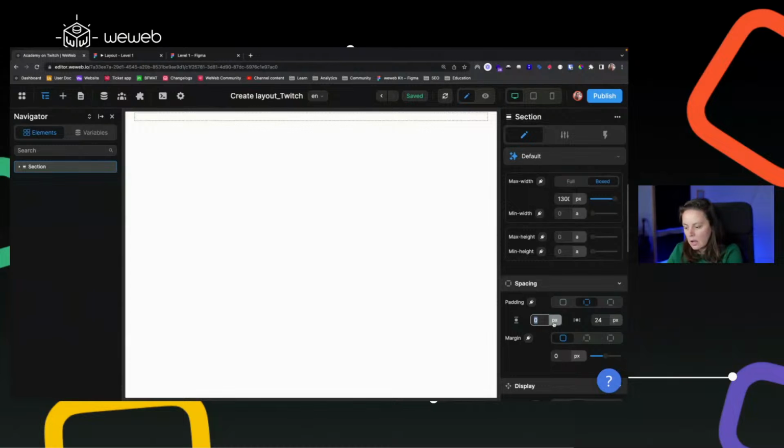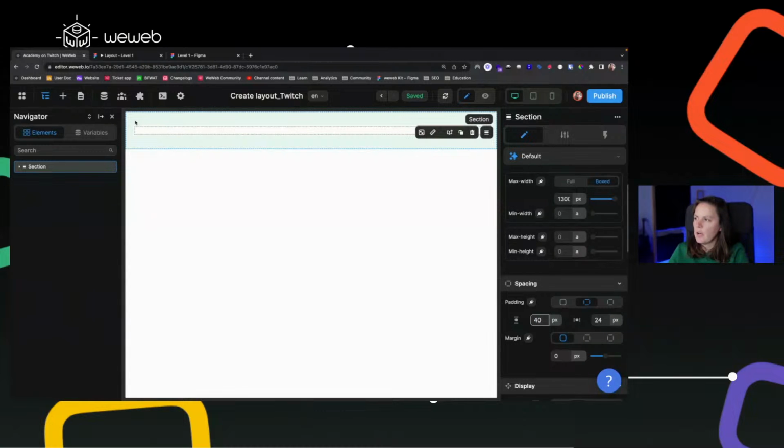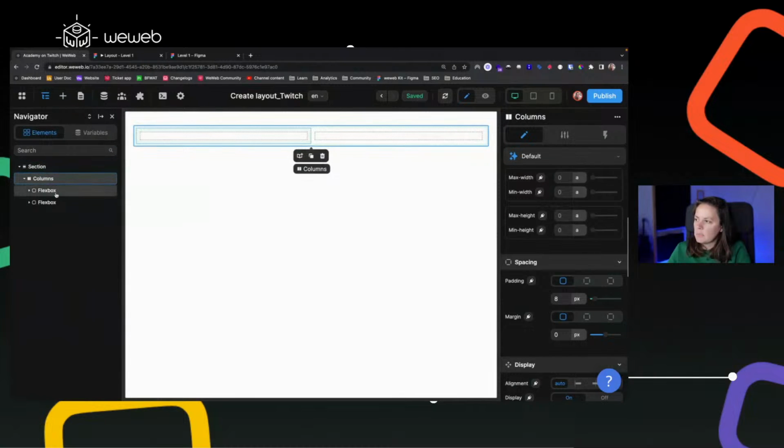And let's say for here I want to, all right, so you see my section here. In green, that represents the padding, and here you see that's one block. All this is one block, and inside that right now it's empty, but we know we have columns, so let's just add a columns element. And you see our columns element is made of 2 boxes, 2 flex boxes actually, but it's 2 boxes. When I was talking about the box model, you're starting to see it here in